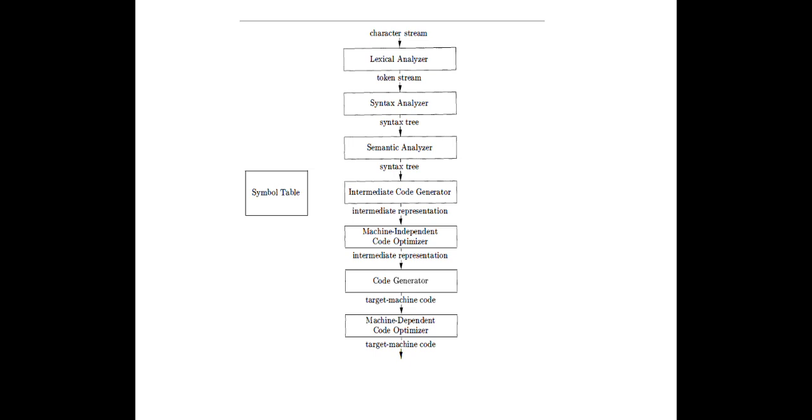And then further, using the code optimization phase, we take the intermediate code, and the number of lines of code that we have gets reduced after applying this code optimization phase. And finally, the code generator generates proper code that can be executed in your computer. With all these phases, the symbol table gets coordinated, and that will be used.